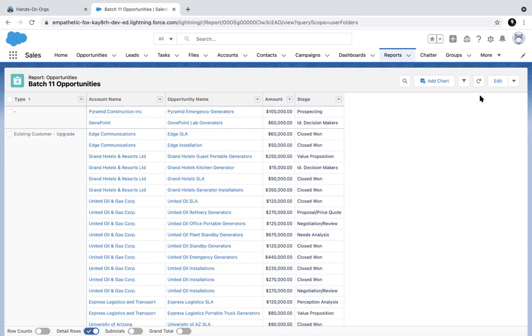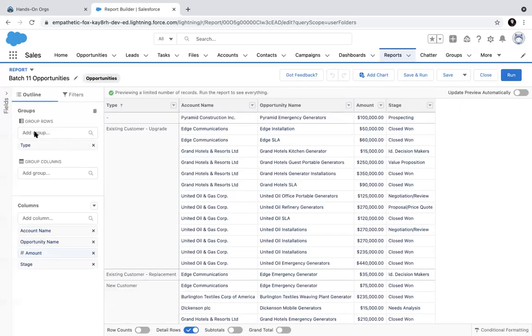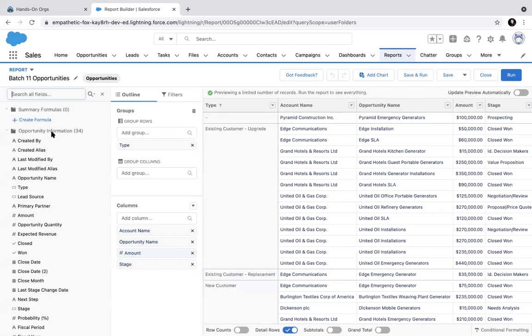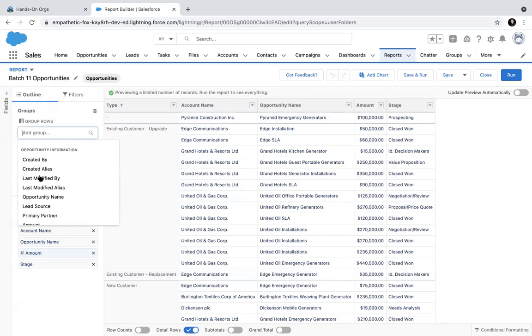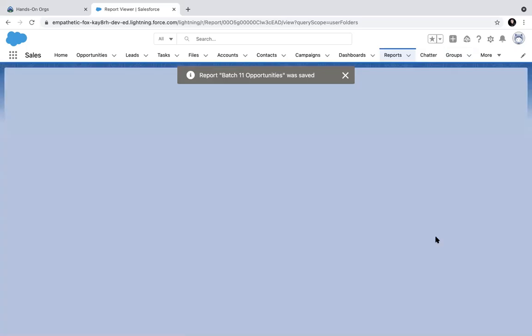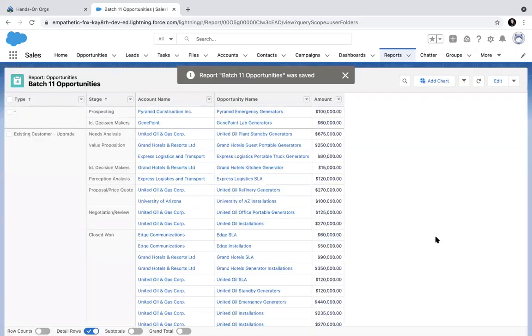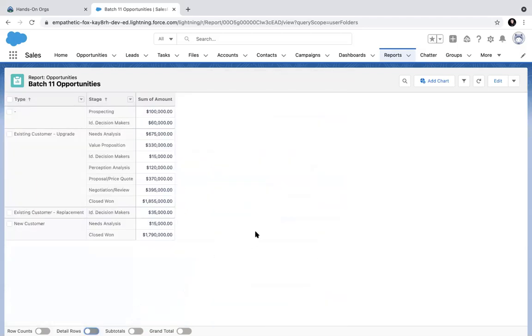Good. So now I do a column grouping. I can also add multiple groups. It's not that row grouping is only one level. You can have more. You can do a column grouping like this. You can now add stage inside it. Both. You can save and run. In that case, it will look like this. You see? If I remove that, it will look like this. Inside this type, I can break into different stages.